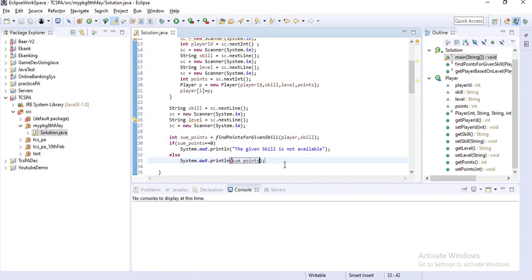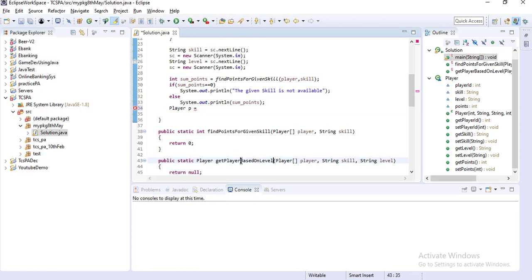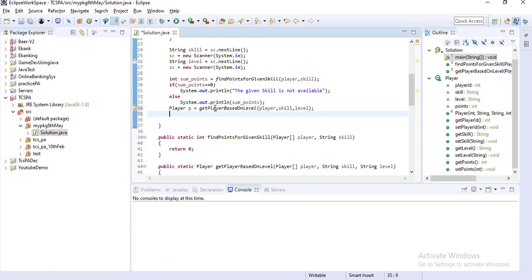Again I am calling the second method, and that method will return one player object: Player p equals the second method, getPlayerBasedOnLevel. I call it with the player array, then you have to provide the skill and then the level.